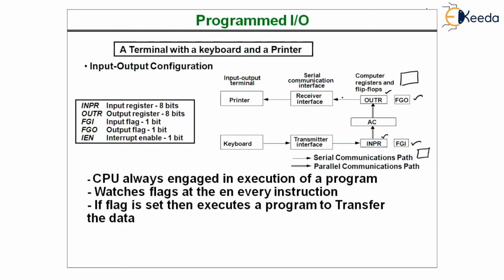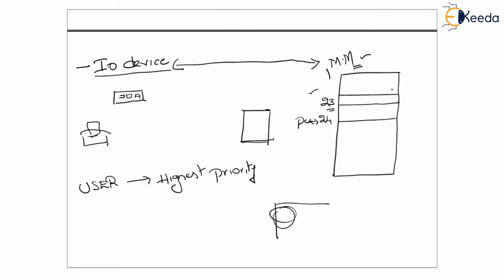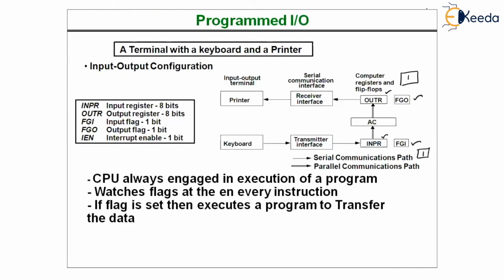Whenever a request has been generated from the input devices, input flag will be raised to 1. Whenever there is a request generated from output devices, output flag will be equal to 1. When one of these flags is set, CPU should immediately suspend the current program. That is, CPU should execute the current instruction and suspend the next instruction so that the current program will get suspended. So it should make this transfer to and from the main memory to peripheral devices, right?